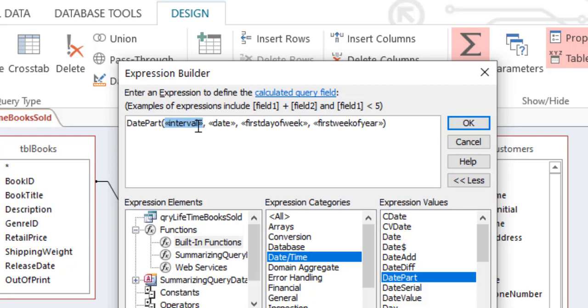Here we'll have to write first the year, which is the part of the date part function.